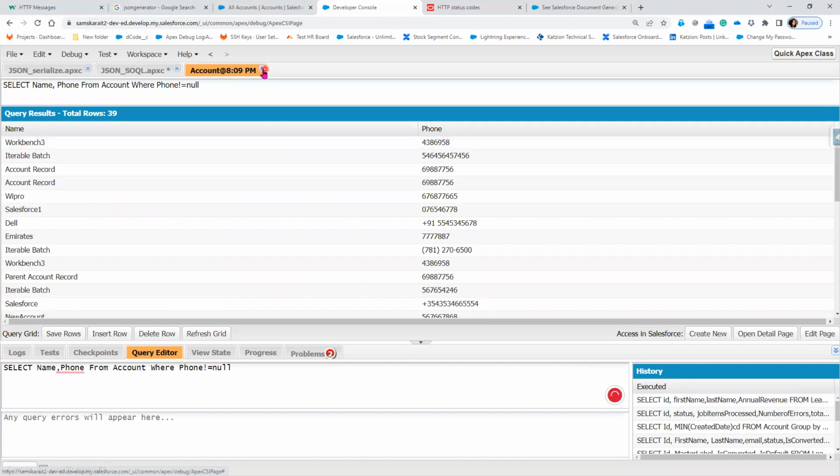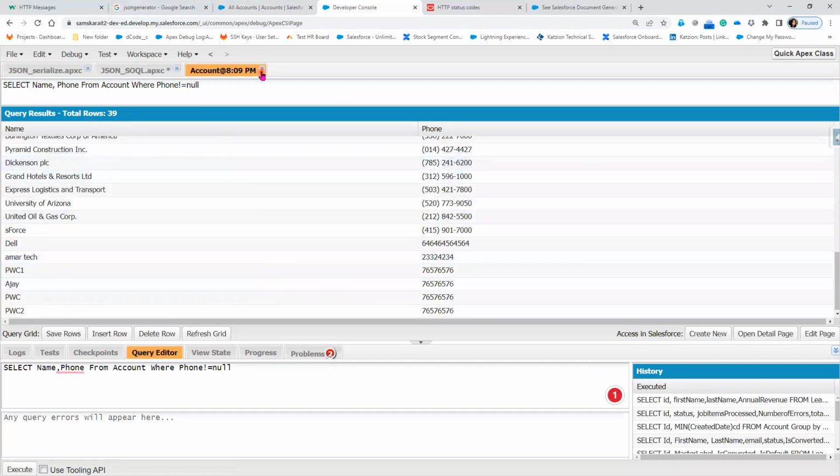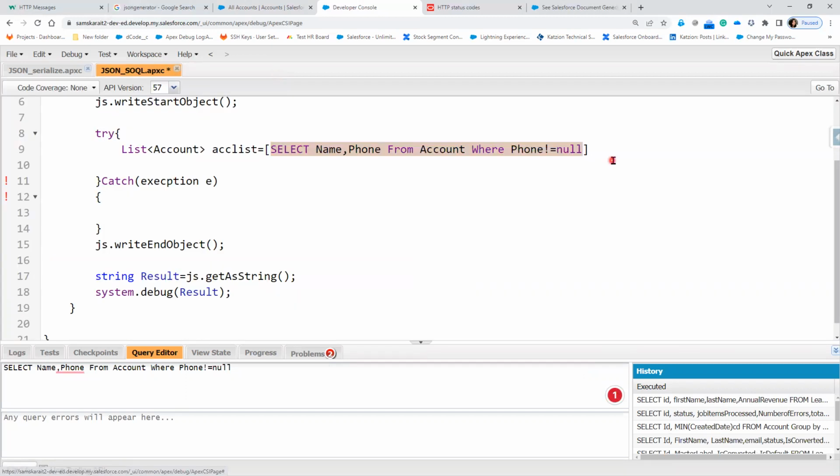Okay, it is working. And it will give me the total 39 records wherever the phone is not equal to null. Now end this here. Once I have the data, what I'll do is I'll be building the information. That means I'll be looping through each account. Then I'll be building the JSON